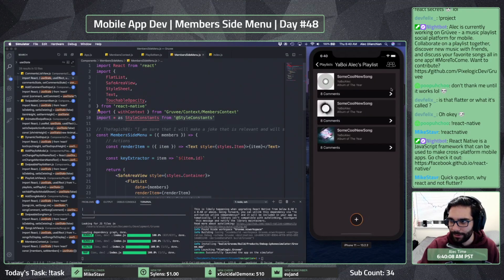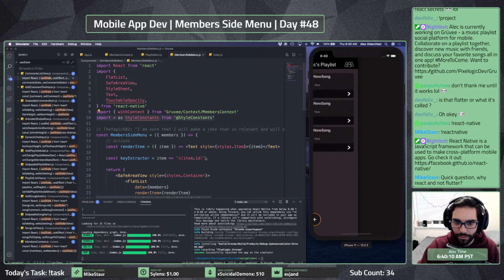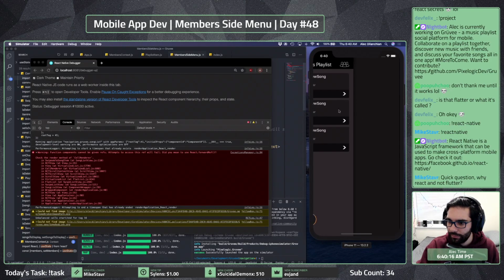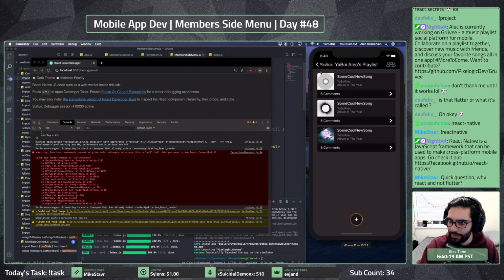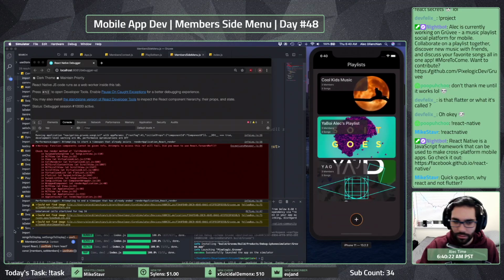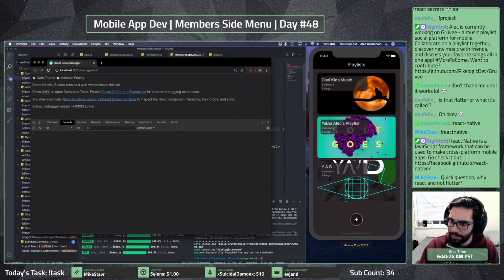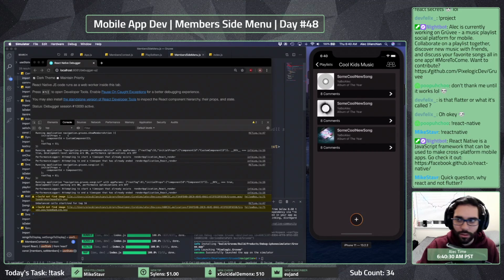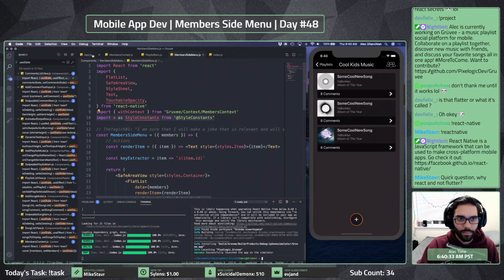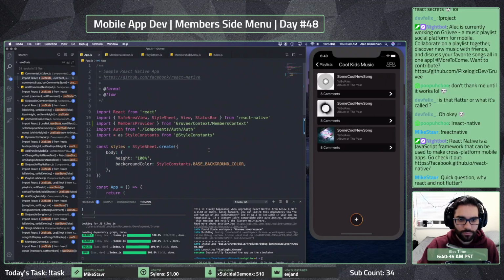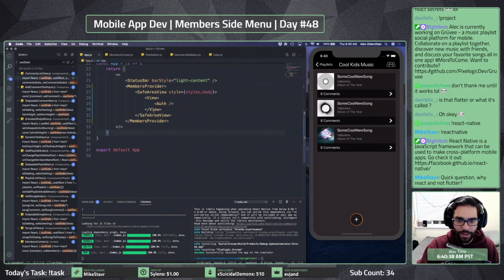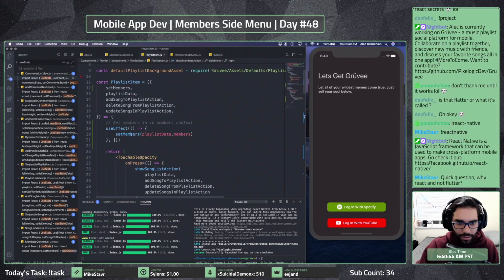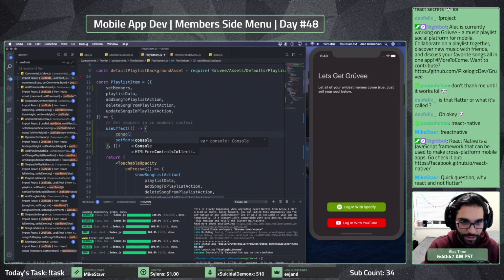Okay, so I guess the other thing works, right? Well, I don't see any data. So there's a couple possibilities here. Got to put some log statements somewhere, right? So essentially here in our app, we did wrap this, right? So members provider should be there, which is good. In our playlist item, set members, this is what I wanted to see.